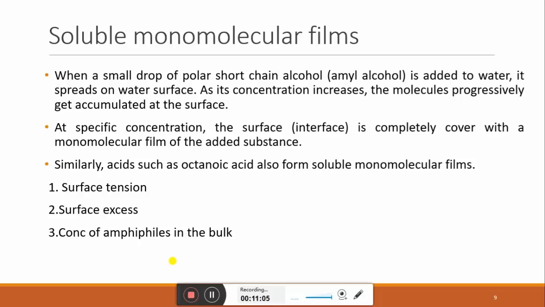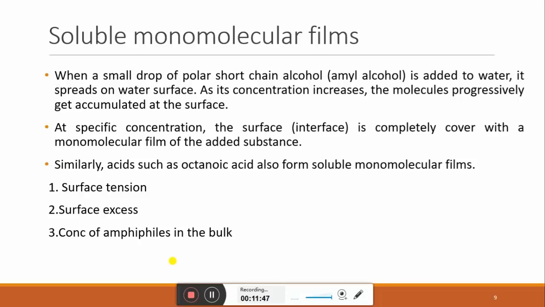It is used for the preparation of stable emulsions. If the film produced by the surface active agent surrounding the oil droplet is not compact, the emulsion will be unstable in nature. That means it may develop phase separation and coagulation in the formulation. So the film should be compact and also flexible in nature. Another practical application is detergency and wetting effect. That means detergency and wetting effect depend upon the amount of substance absorbed on the surface. So these are the practical applications of soluble monomolecular film.